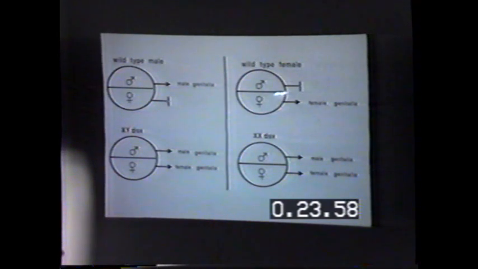Conversely, if we look in a female, we see the difference between wild type and complete loss of function is the development of male genitalia, so that the wild type function of doublesex in a female must be to prevent male differentiation, so that it has opposite negative functions in the two sexes.